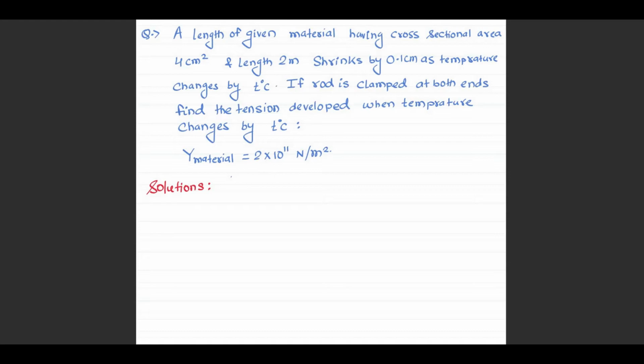Okay, let us see this particular question then. It says that when the temperature changes by T degrees Celsius, the rod of length 2 meters shrinks by 0.1 centimeter. So can I say if you clamp this rod, and now if the temperature is changed by T degrees Celsius, natural length should have become, I have converted entire thing in meter. Now this second term is very less, so I can assume that L natural.